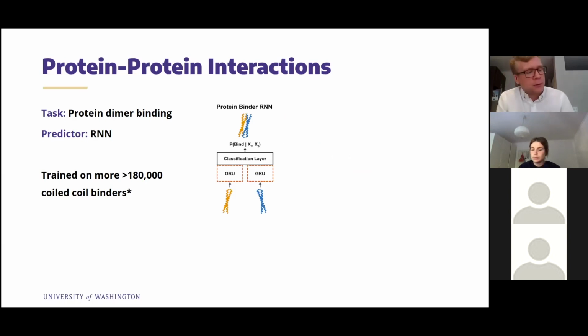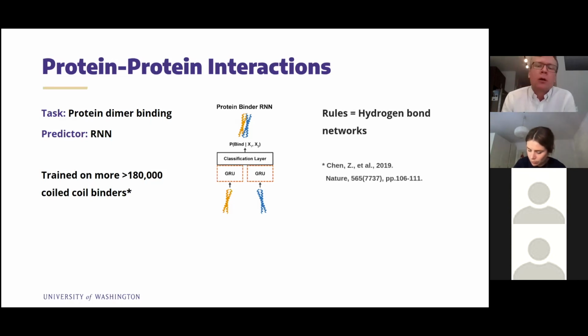I'm going to just highlight some cool results I think we got for using this method to interpret protein-protein interactions. So here we have a recurrent neural network that's been trained to predict whether two proteins bind or not, given the two protein sequences as input. This particular RNN was trained on a very large set of rationally designed coiled-coil binders from the Baker lab. The rules of binding specificity consist of crafted hydrogen bond networks at the binding interface of two partners.